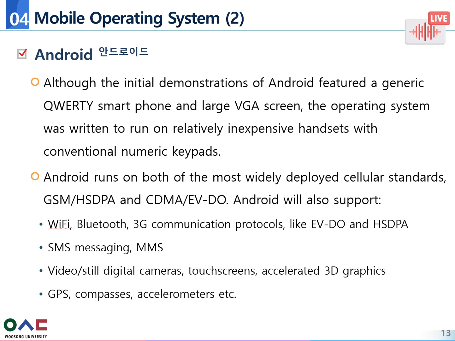Although the initial demonstrations of Android featured a generic QWERTY smartphone and large VGA screen, the operating system was written to run on relatively inexpensive handsets with conventional numeric keypads. Android runs on both of the most widely deployed cellular standards,